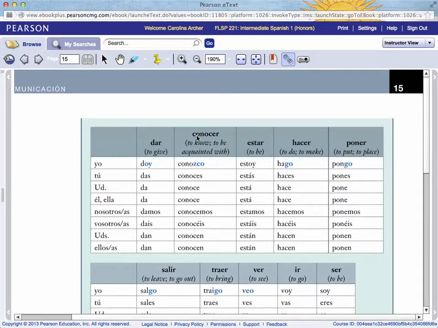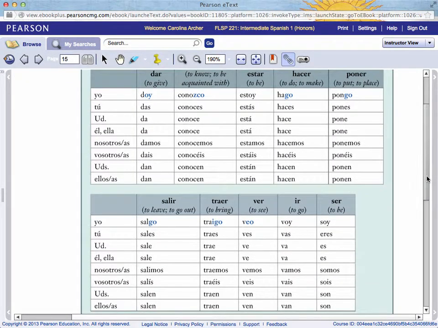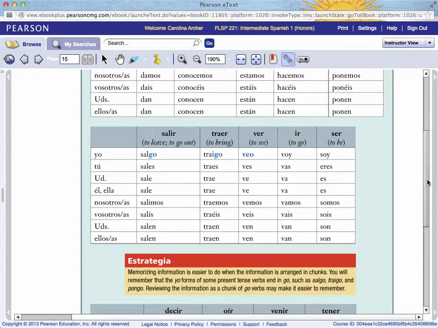So, dar, conocer, estar, y hacer, y poner, okay, are verbs that are irregular only in the yo form. Yo doy, yo conozco, yo estoy, yo hago, y yo pongo. Okay, the rest of the persons, if you notice, are going to be conjugated in the regular way. So we put these verbs together because the only irregularity that they have is in the yo form, okay? Okay, muy bien. And the same thing, well, here with salir, traer,